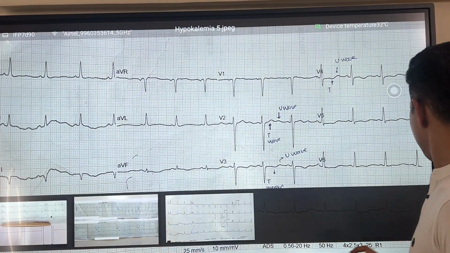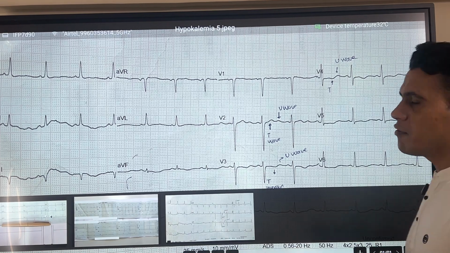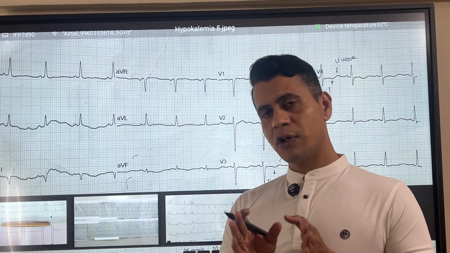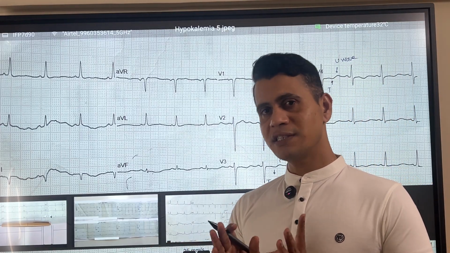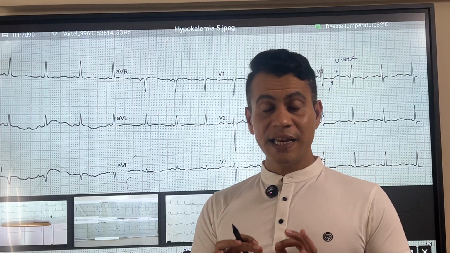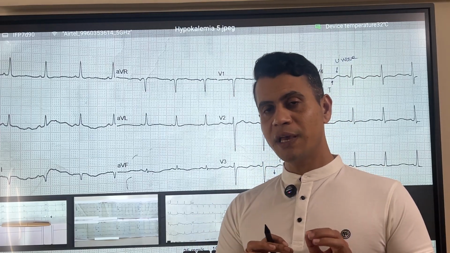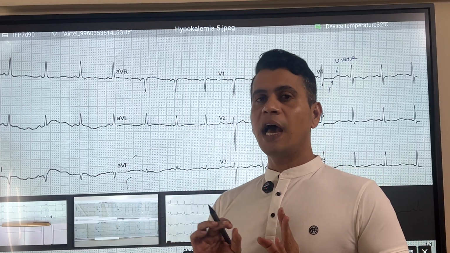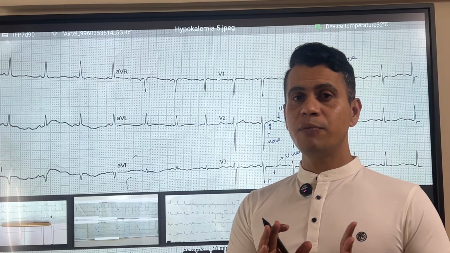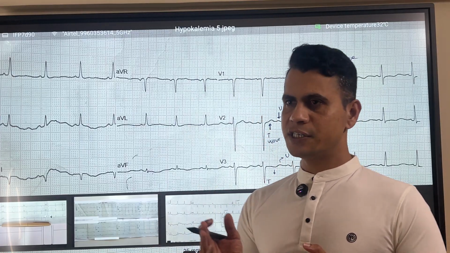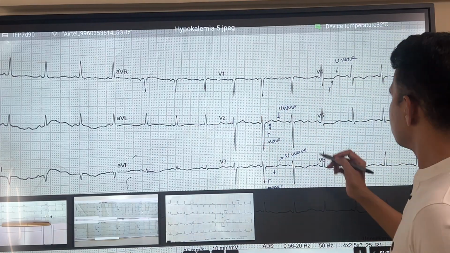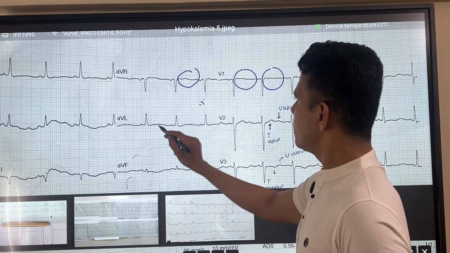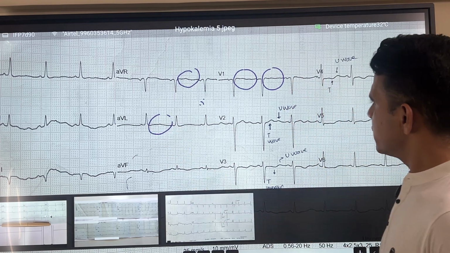One more interesting finding of hypokalemia is the presence of the U wave. As in alphabetical order, we always get the U wave after the T wave. That is the reason why it is called the U wave. The U wave is seen in anterior leads, meaning we will be able to see it from V1 to V5 or V6, mostly up to V4. It will be after the T wave, and it will be a positive wave after the T wave. If you look here, T wave is not here, T wave is not here, you will not be able to see any T wave. If it is present, it is very small.